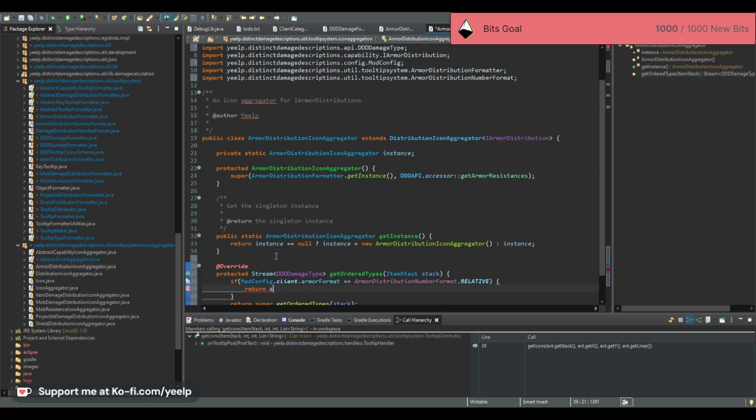No, no, no, not super. Wait, yes. I don't know. This dot. What am I doing? API dot accessor dot get armor resistance for the stack dot get